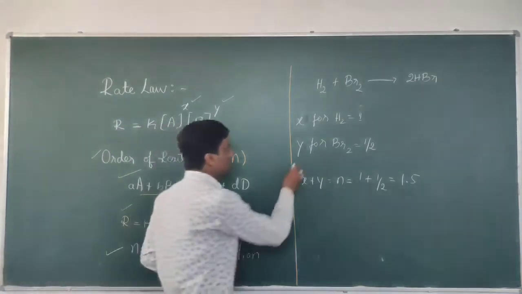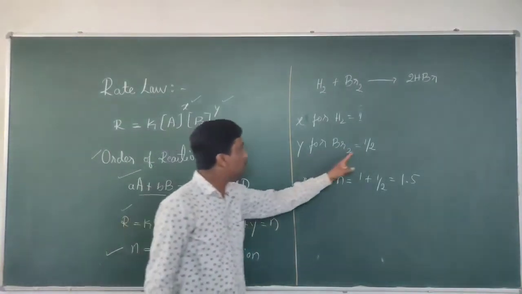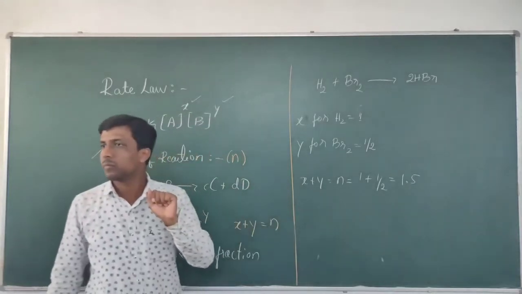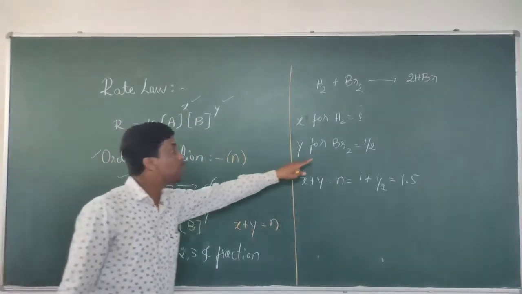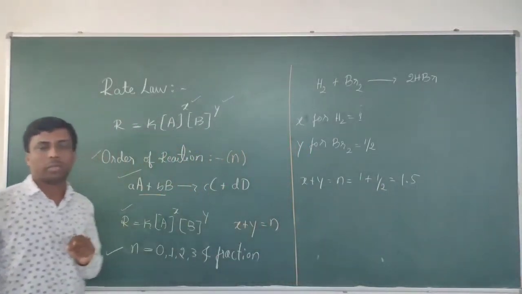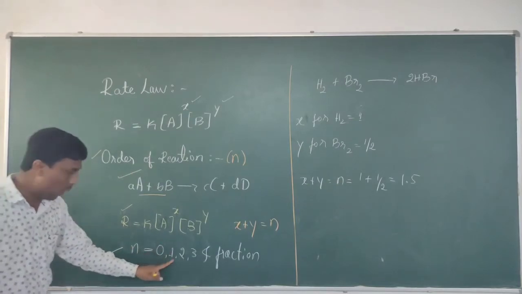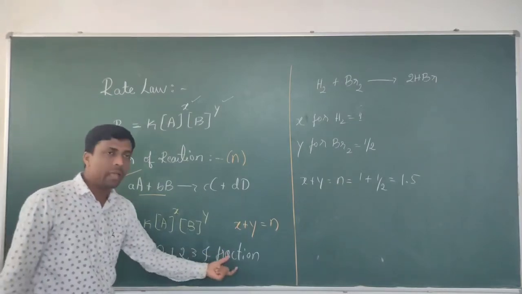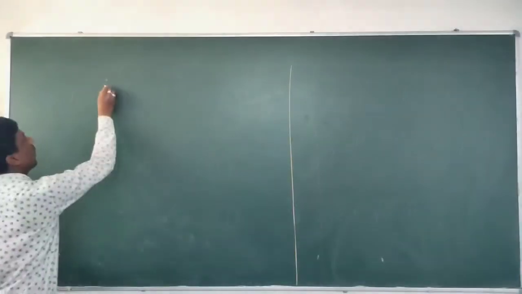See here, the y value with respect to bromine means order of the reaction with respect to bromine is 1/2 actually. ನೀನು ಮೆಕ್ಯಾನಿಸಮ್ ನೋಡ್ತಾ ಸ್ಟಾರ್ಟ್ ಮಾಡ್ಕೊಂಡ್ರೆ ಗೊತ್ತಾಗ್ತದೆ ನಂಗೆ. ಹೌದಾ? 1/2 ಬರ್ತದೆ ನಂಗೆ. ಅಂದ್ರೆ ಓವರ್ ಆರ್ಡರ್ ಆಫ್ ದ ರಿಯಾಕ್ಷನ್ ಏನು ಬಂತು? 1.5 ಅಂತ. ಹಂಗಾರೆ ಏನಂತ ಹೇಳ್ತೇನೆ ನಾನು, ಆರ್ಡರ್ ಆಫ್ ದ ರಿಯಾಕ್ಷನ್ 0 ಇರಬಹುದು, 1, 2, 3 ಏನಾದರೂ ಇರಬಹುದು, ಮತ್ತೆ ಫ್ರಾಕ್ಷನ್ ಕೂಡ ಇರಬಹುದು. ನೆನಪಿಟ್ಟುಕೊಂಡ್ರೆ ನೆಕ್ಸ್ಟ್ ಕಾನ್ಸೆಪ್ಟ್ ಈಸ್